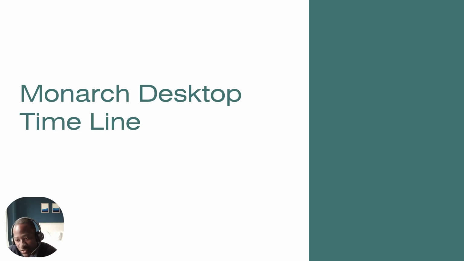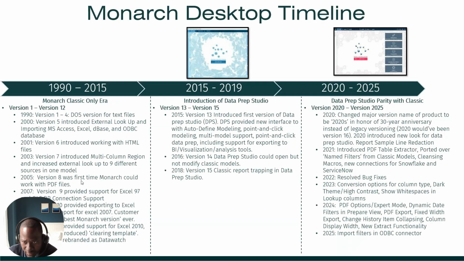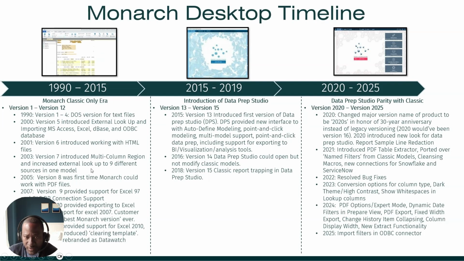Okay, now what I'd like to do here is talk you through the Monarch desktop timeline. It's kind of a walk down the history of the desktop of the product. Starting in 1990, the original version, version one of the product, was launched,